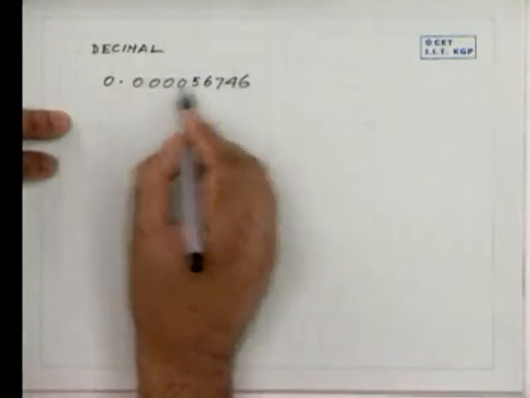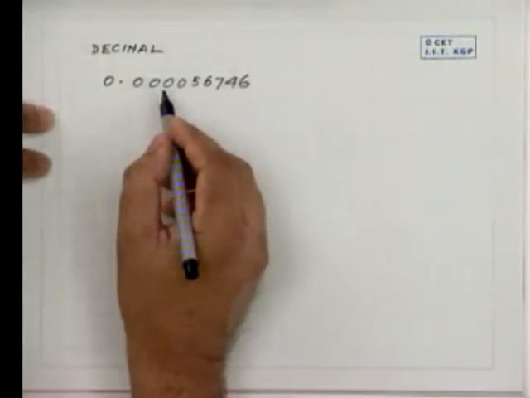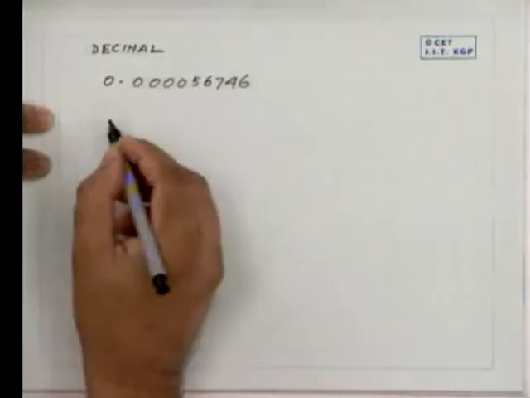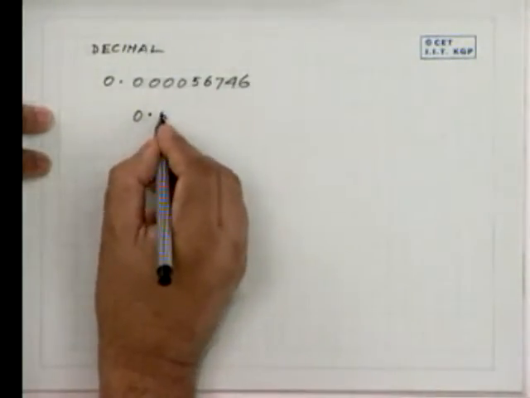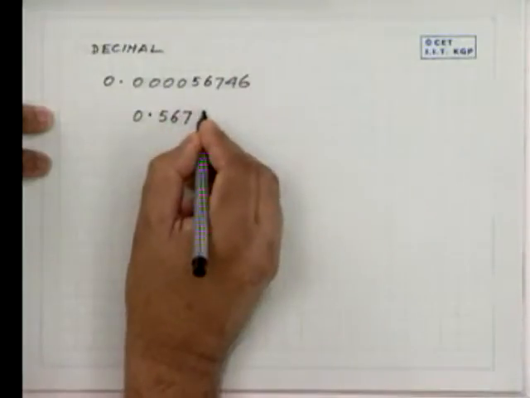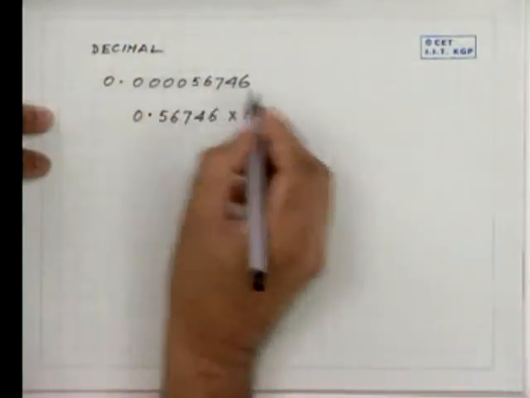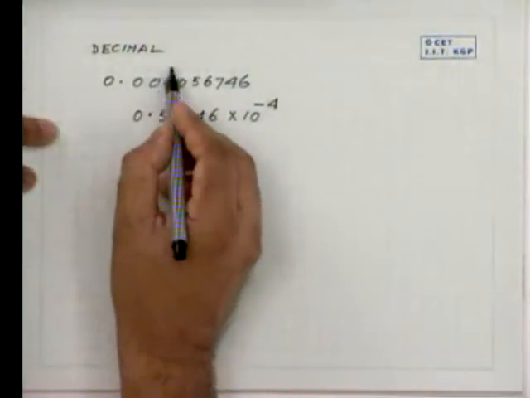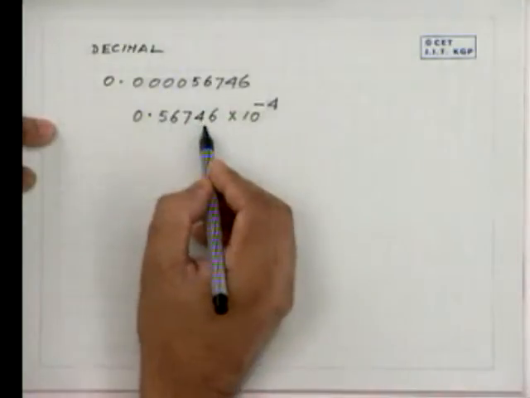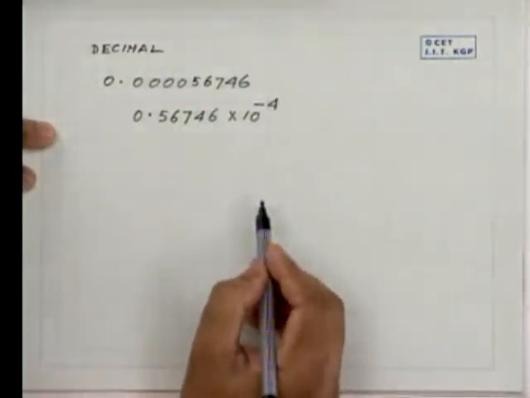Now, to write it this way is a little bit awkward, so we generally write it in the scientific notation: 0.56746 into 10 to the power minus 4. Now you see, if there are more zeros, this representation of the number is definitely much